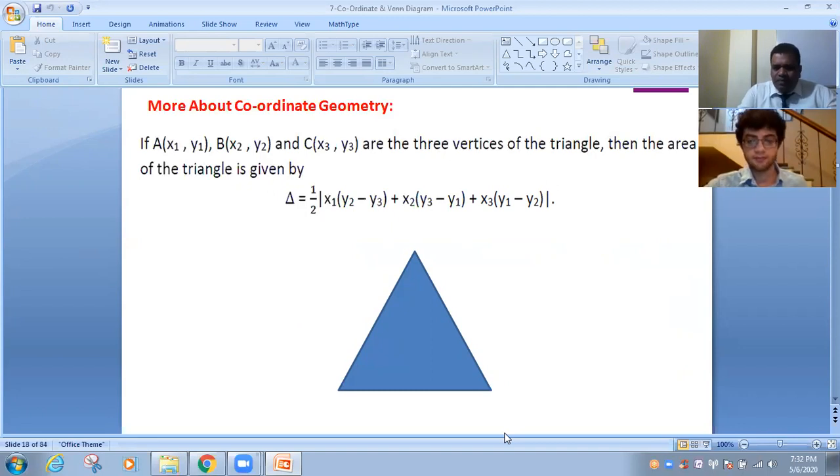So how was the overall coordinate geometry concept? It was good. I understood the concepts. In coordinate geometry, usually I make many mistakes. So we need to do lots of practice.